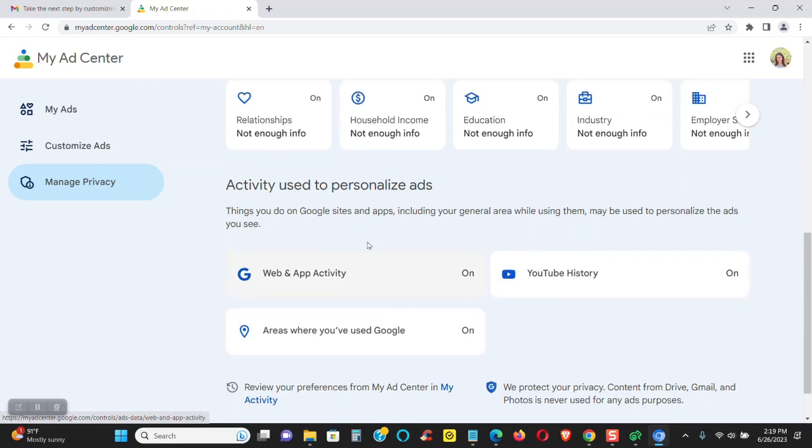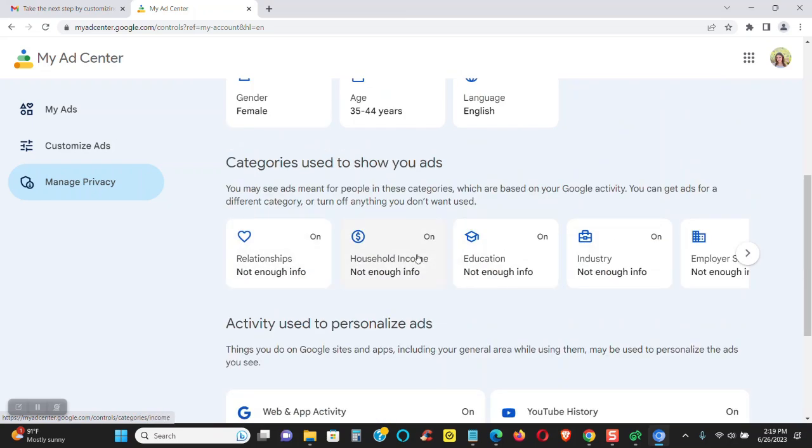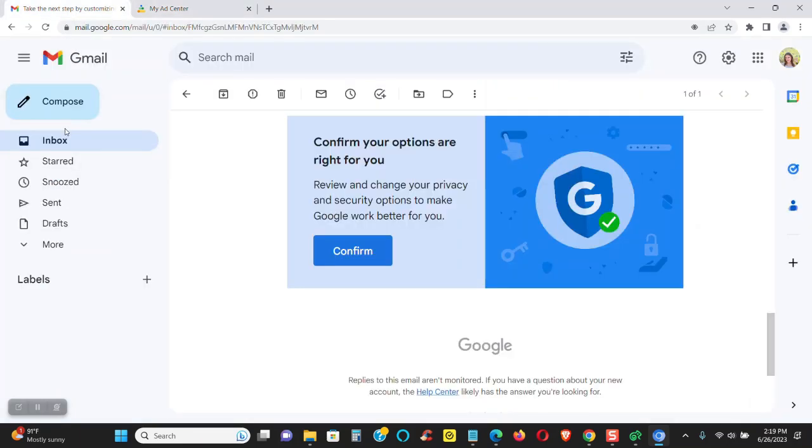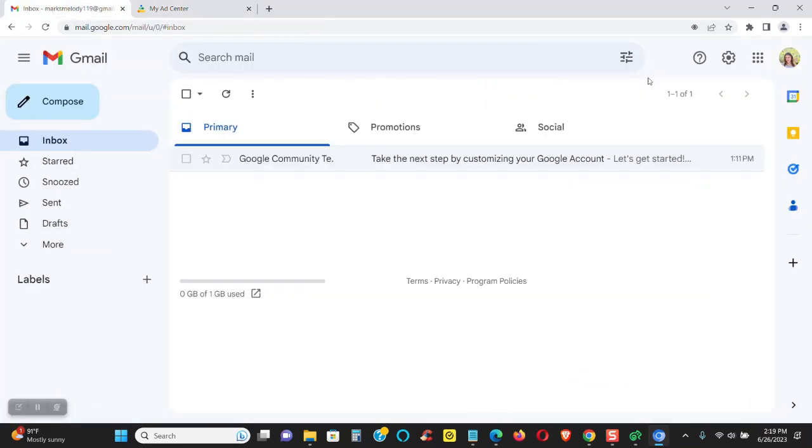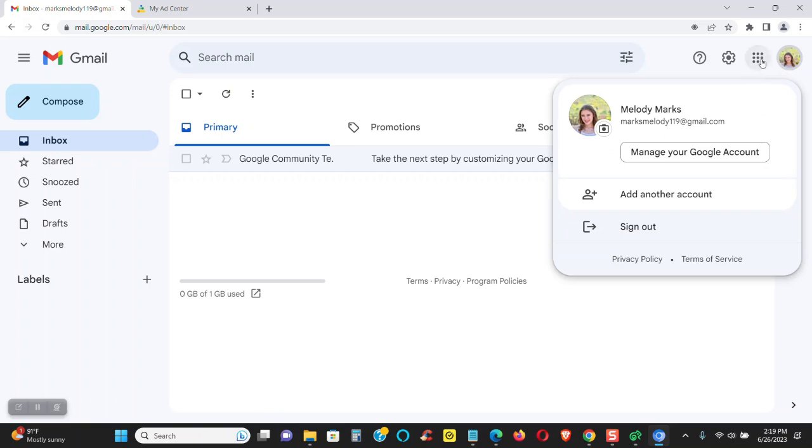These are all defaults anyway, as you can see. Relationships, blah, blah. All right, so that's in my ad center. Now that I've shown you all that, just so you know,